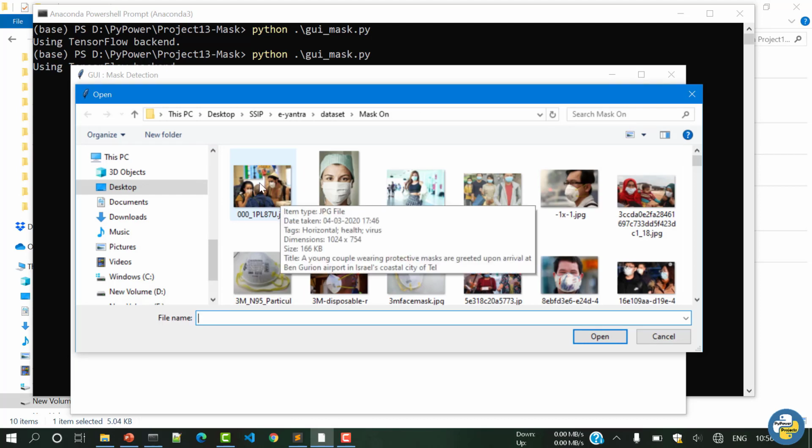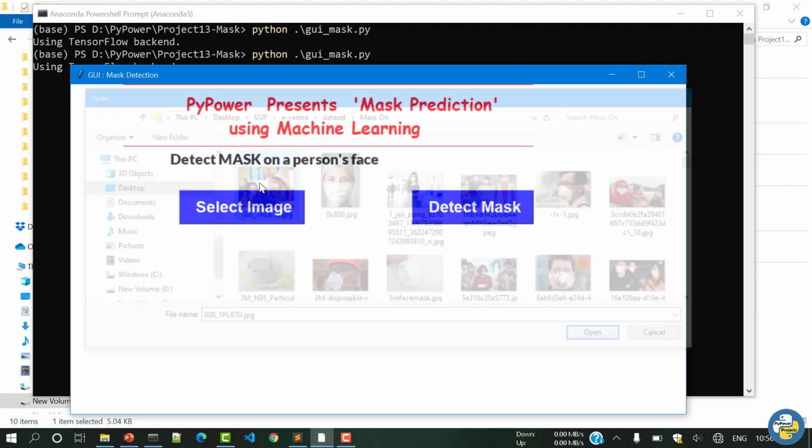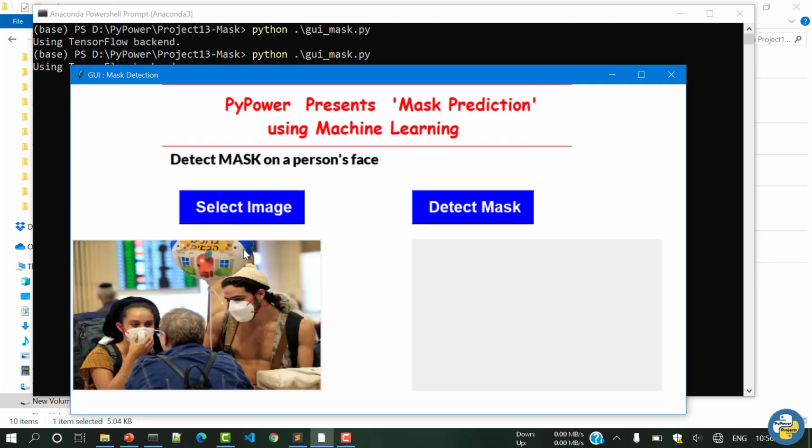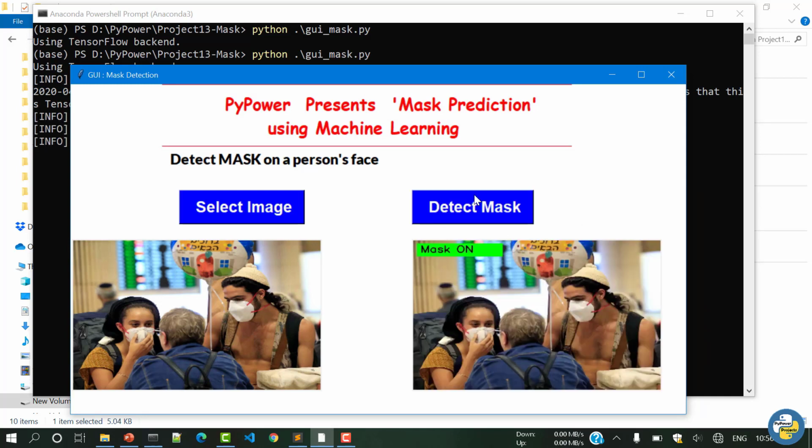First, select image. So we are selecting the image from our directory, and after the image is selected you can see the selected image here, and after the detect mask button is pressed you can see the output image here. Yes, in this there are people who wear the mask, so it is predicted mask on.